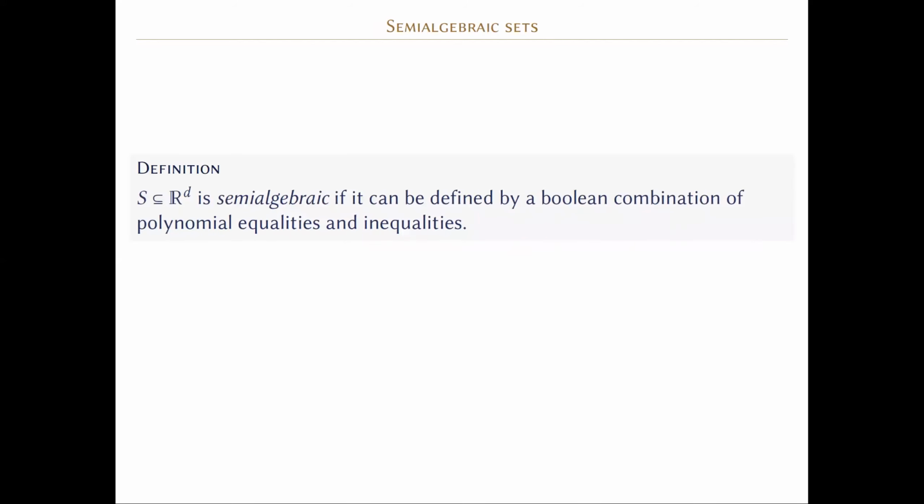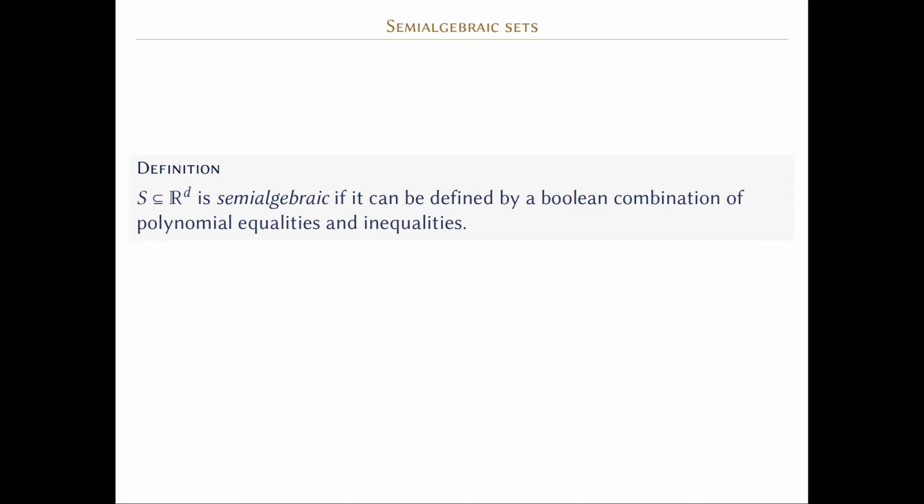Let me begin by considering what kind of sets are allowed to be in our partitions of the d-dimensional space. A set is semi-algebraic if it can be defined by a Boolean combination of polynomial equalities and inequalities. Hence, semi-algebraic sets are closed under unions, intersections, and complements, and they include